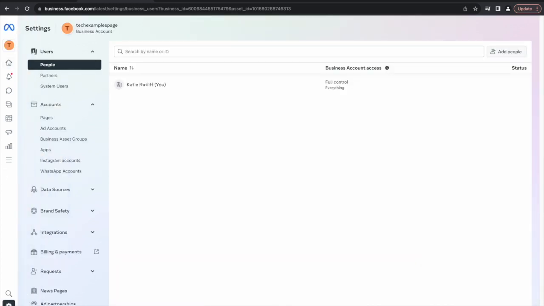Once we are in our settings, you are going to see here users and people. This is anybody who is tied to the page as an admin will be able to come in here. You will see them, and then you will be able to set the permissions the way that we need to. If you are not seeing that person that you are trying to connect underneath here, that means that they are